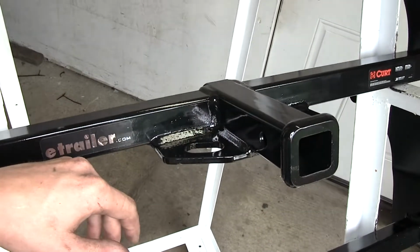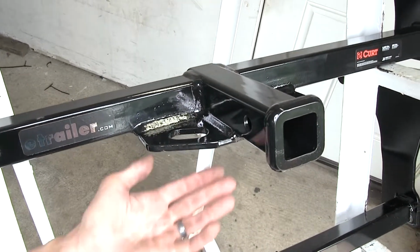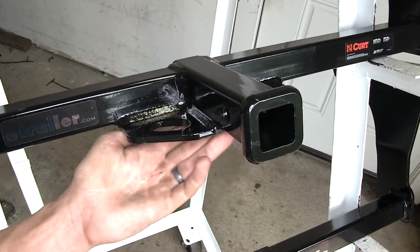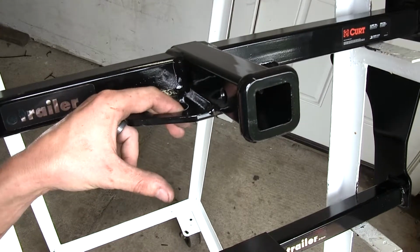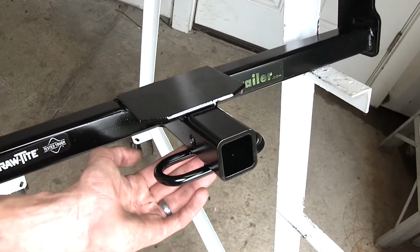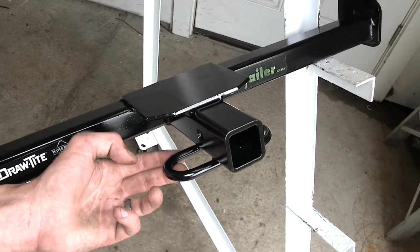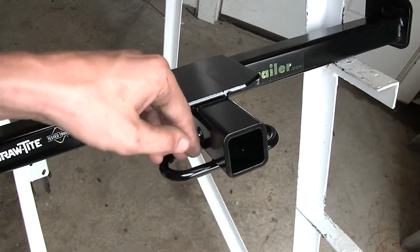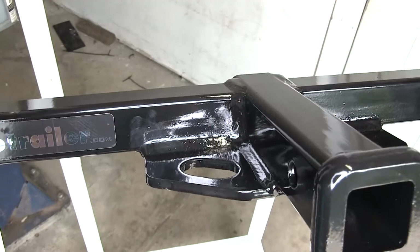Another difference a Curt hitch has between our Draw-Tite hitch is the way our safety chain loops are constructed. On our Curt hitch, it's a flat plate welded to the bottom of the receiver, and you have this opening here where you can only really fit about 2 fingers in. If we look down at the Draw-Tite, you can see how it's a round tubular construction going around the bottom of the receiver, and because of this, you have more access to getting more items in there. It's just something to keep in mind if you have some large diameter safety chains which may pose an issue